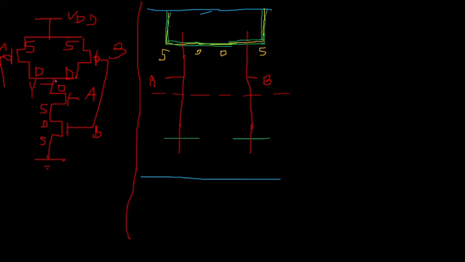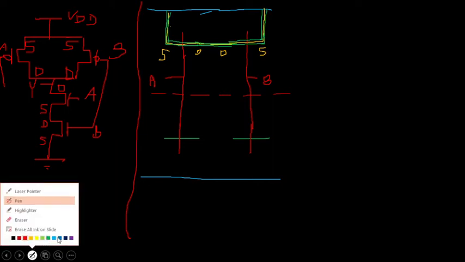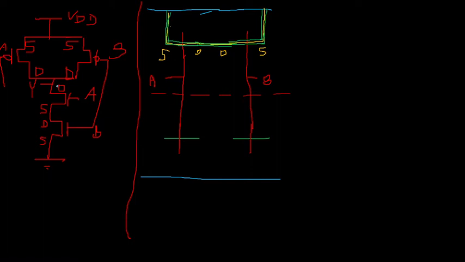What I told you in my previous video is which connections are to be connected with metal: your VDD, ground and the output. So here you know that the output is connected to what? It is connected to the drain of both PMOS and the drain of NMOS. Both of these drains are connected, and the drain of NMOS. So now what choice do you have? You can either take drain here or drain here.